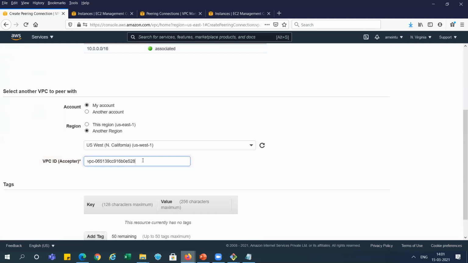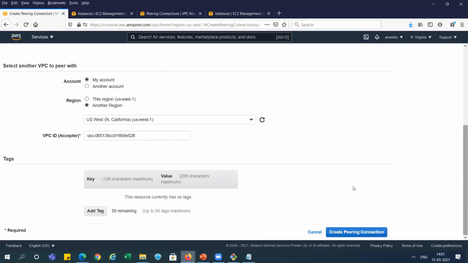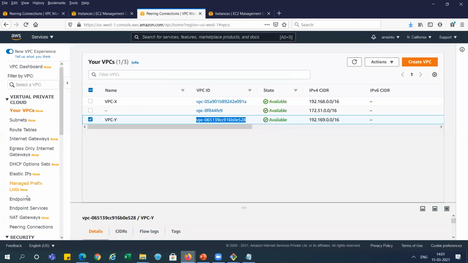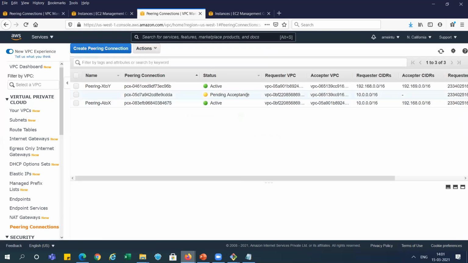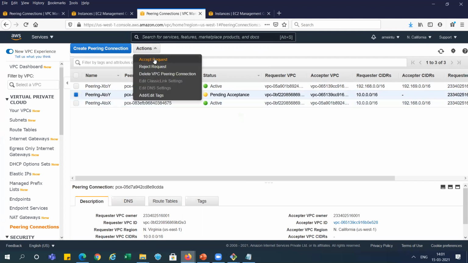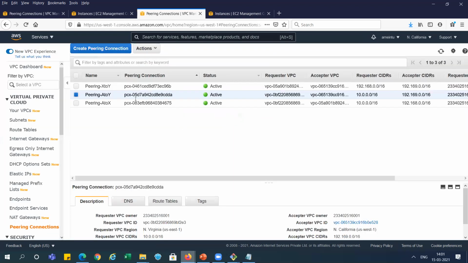You can see this is peering A to Y. I'm providing the VPC details for the Y VPC, right? So just go and create the peering connection. You can see it is showing initiating request. Just go to that place also. Peering connections, you can see pending acceptance. So I'm giving the name here for understanding. It is A2Y, and I'm going to select and accept the request. So you can see this request is accepted and it is showing active, right? So we have created this one also.